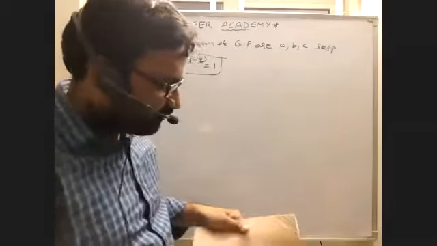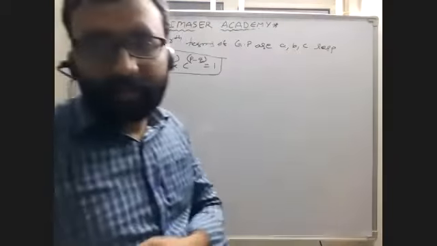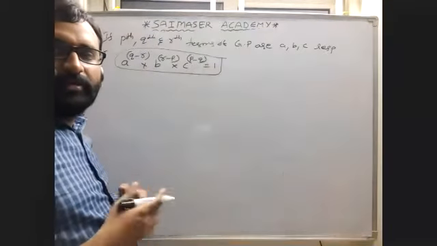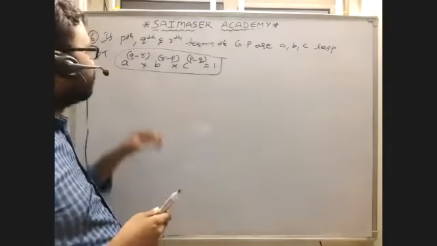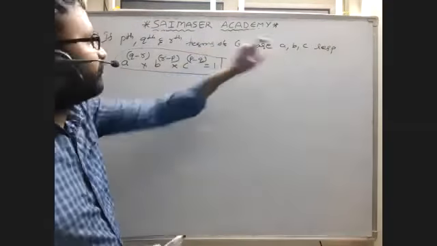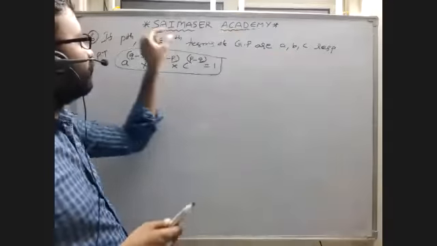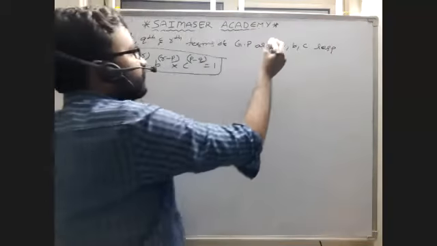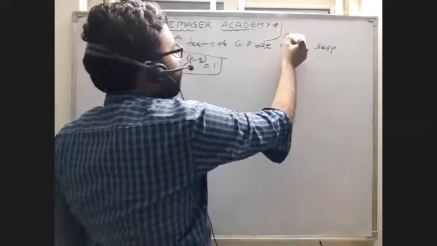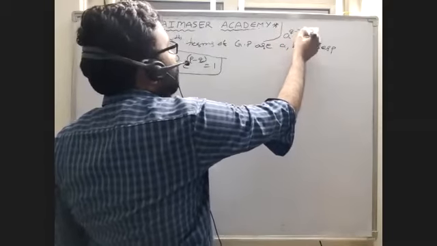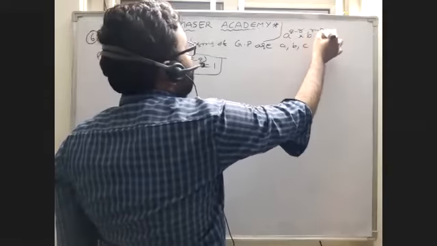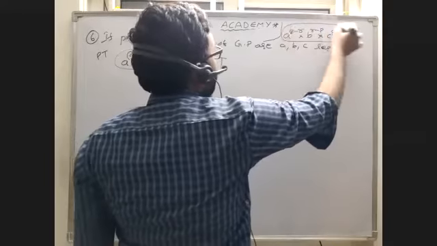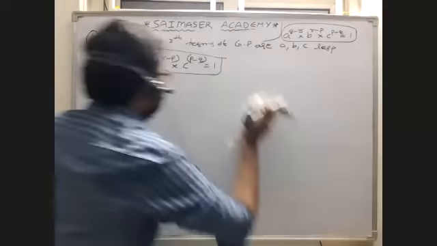Okay, so listen carefully, not hard, but a different question. Instead of numbers, it is given in terms of alphabets: pth term is A, qth term is B, rth term is C. So this we have to prove. I am writing the proof here because of less place. A power q minus r into B power r minus p into C power p minus q is equal to 1. We have to prove. Now we get more space.